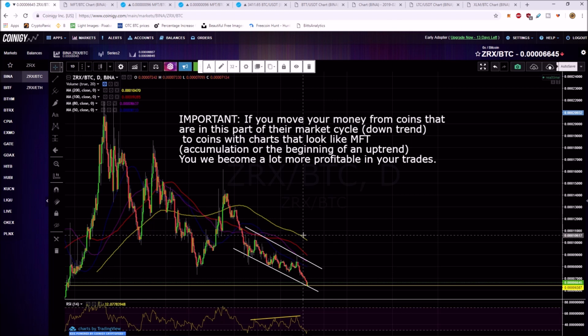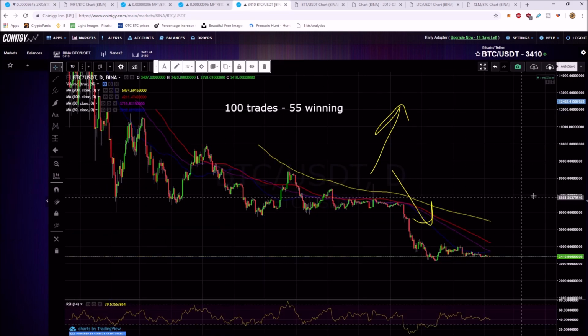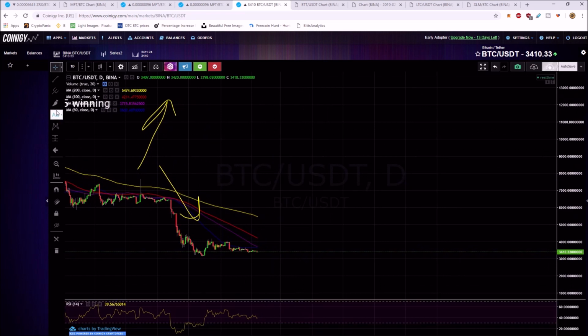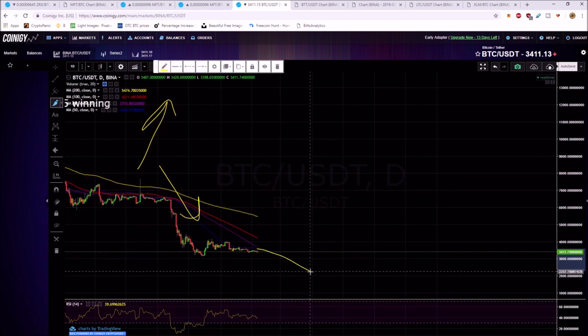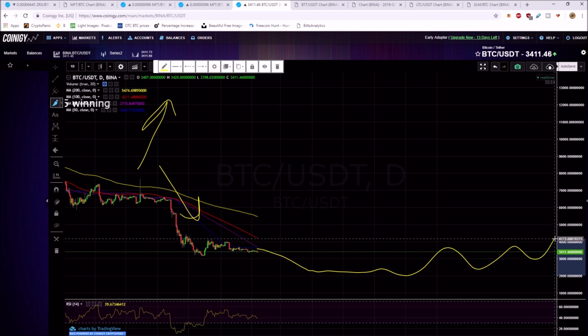The reason I'm not really in this market very much right now is because I want to see Bitcoin in a little bit more of a confirmed uptrend. Let me just show you this real quick. Okay, so let's just say Bitcoin goes down a little bit, I figure maybe 2,400, 2,500. But then it's going to go sideways, and there are going to be some run-ups. But then